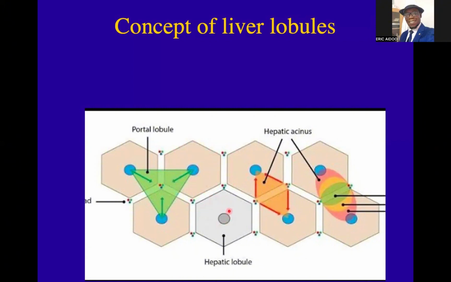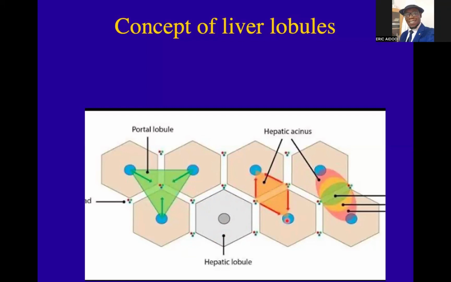Then here, the hepatic lobule is the entire hexagonal structure of a complete hepatocyte with portal triads at the corners of the six points of the hexagon. And for the hepatic acinus of Rappaport, you have portal triads in the middle, and then they drain towards